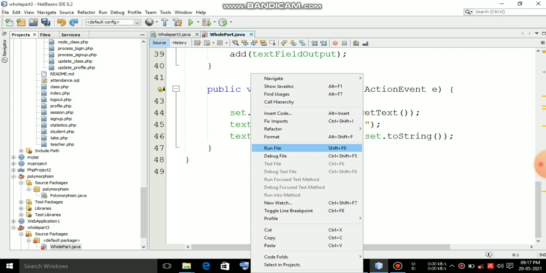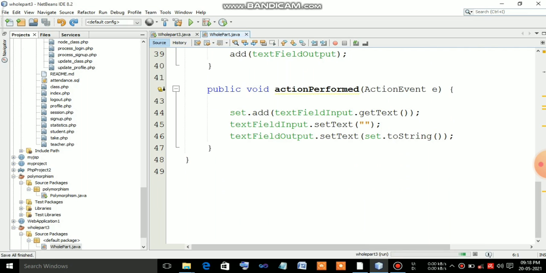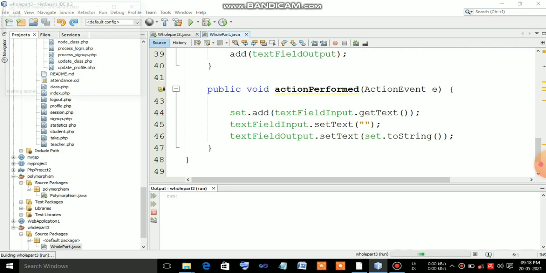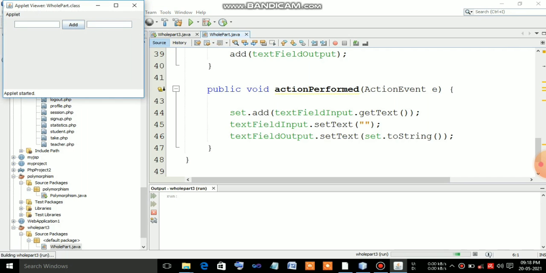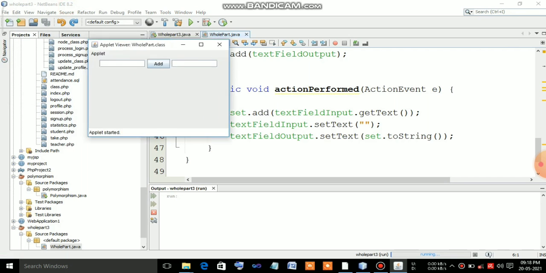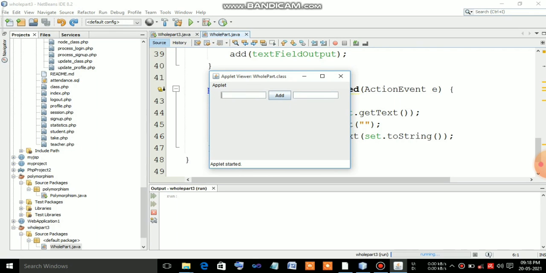Run file, or we can use Shift plus F6, and here there are no errors, and we have one pop-up window, that is the applet viewer for whole part.